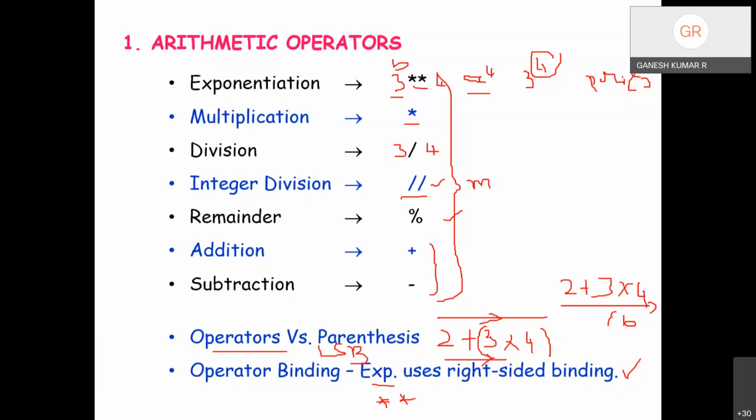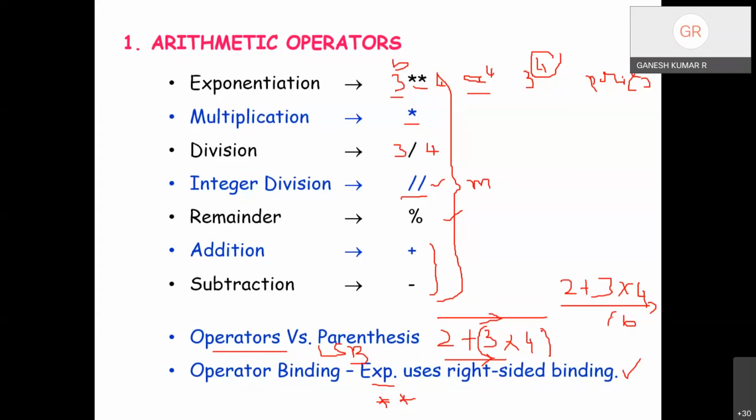The values in the expressions representing the parentheses must always be calculated first. We can use as many parentheses as you need. And the advantage of parentheses is they are often used to improve the readability of the expression. So many times you won't be knowing, right? In fact, 2 plus 3 into 4, if you evaluate without the parentheses, 2 plus 3, 5, 5 into 4, 20. Because there are no parentheses, there is no priority. We evaluate as per the rule, that is left-sided binding.